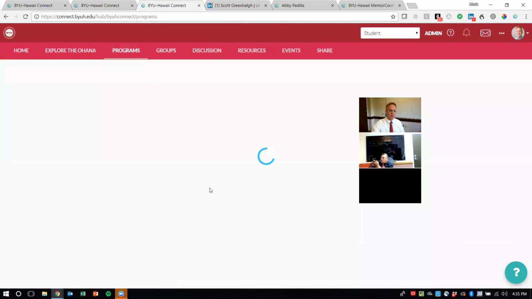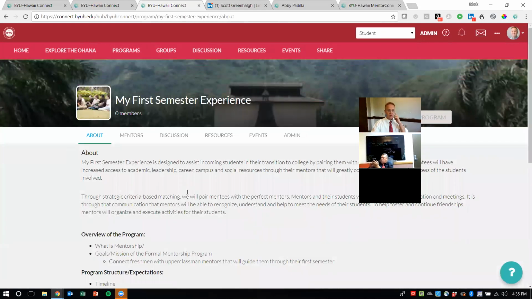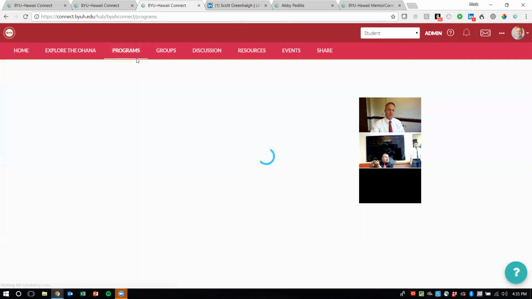Another program could be one like this, where students are coming in as brand new freshmen, and they're being paired with a peer mentor, someone who is not an off-campus mentor, but another on-campus mentor, a senior or a junior, who's now coming in as a mentor, even though they're still a student, guiding an incoming student through the process of navigating their way onto campus, even connecting with them before they ever leave home. And that would be the value of using this tool for this video chat feature. And so you can see how that works. So anyways, we're quite excited about that.